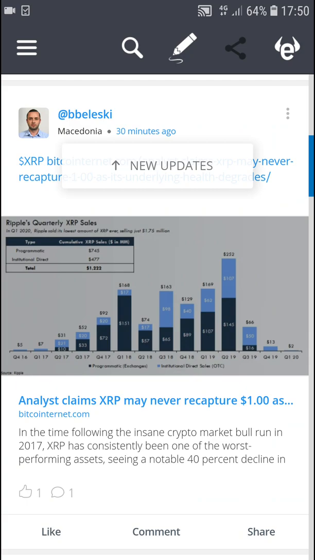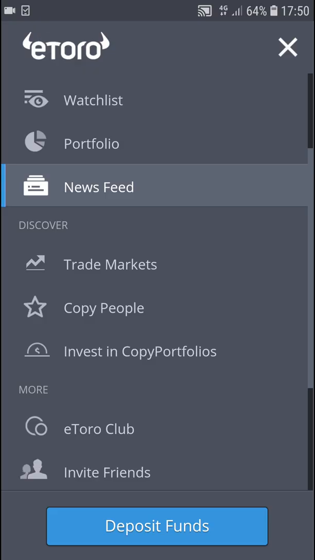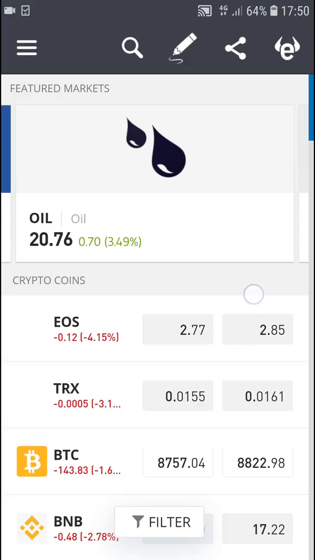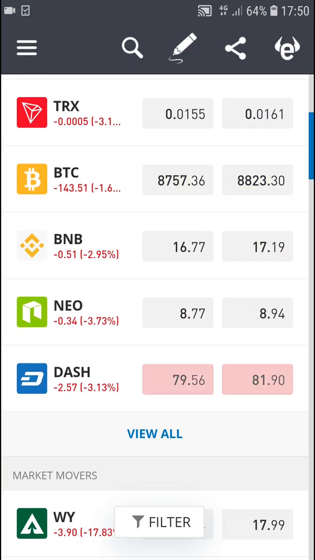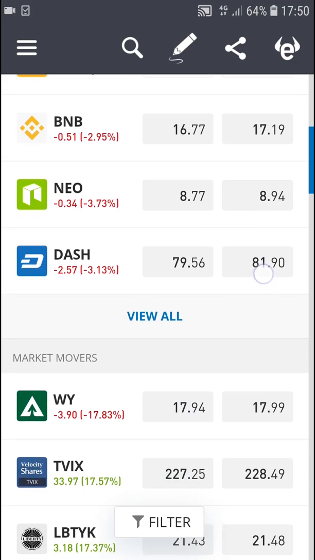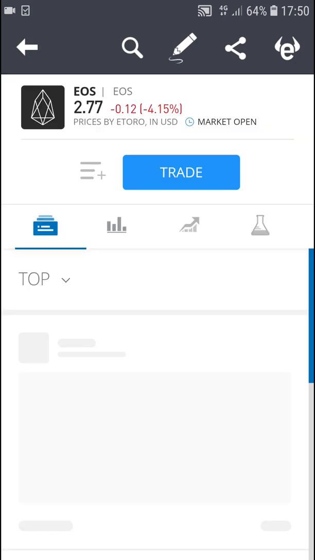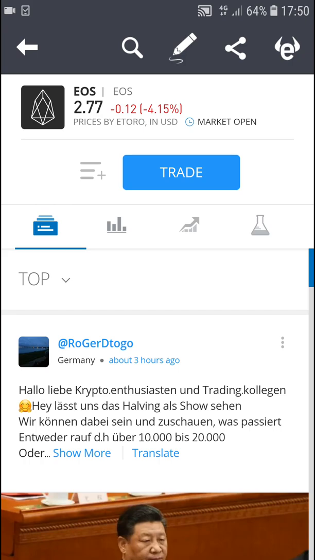or cryptocurrencies to Watchlist in eToro. So let's start. First, what you want to do is just click on menu. When you're going to click on menu, click here on trade markets. And now you have options to just easily, and arrows here, and I just click here next to the trade,